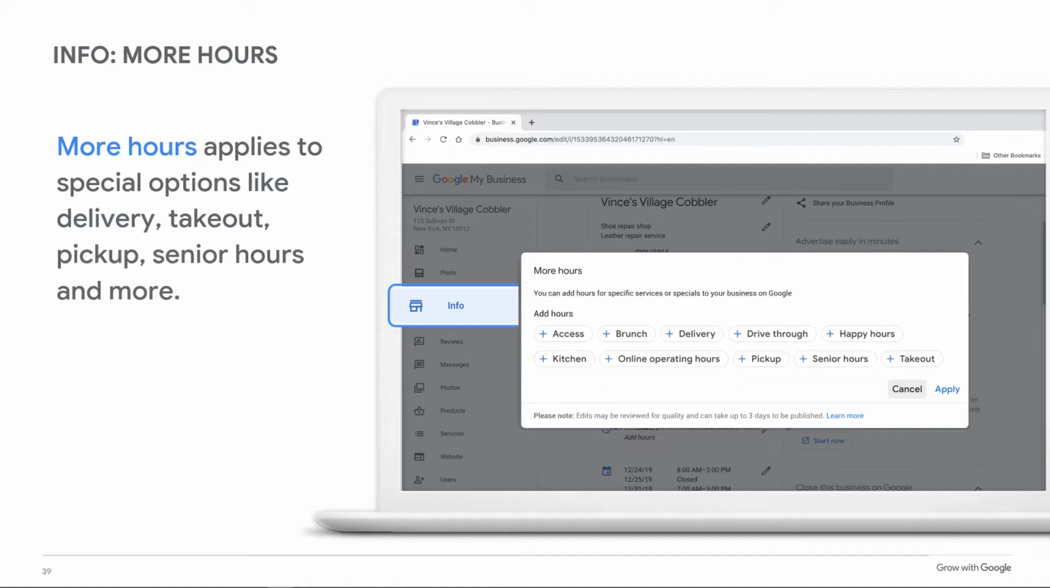Okay. The other thing that you can add here is under the more hours section, even though it's not really more hours, but this is a place where you can add the new and special options that you have. Things like senior hours. We talked about first responders and essential workers hours, delivery, drive-through, all of those kind of things that your business has. This is where you can add those so that people know that those are special things that your business does